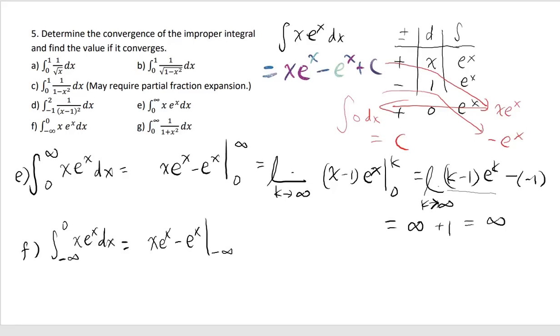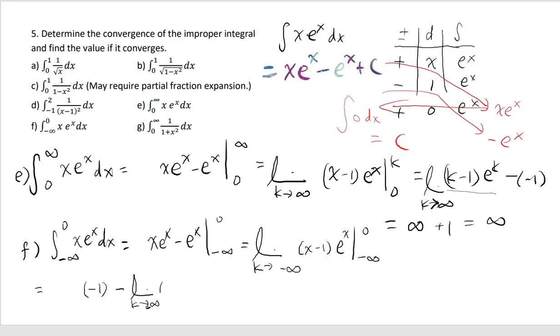except that this time it's negative infinity to 0, so you have to write it as k going to negative infinity of x minus 1 e to the x, from negative infinity to 0. Okay, which is, well, first when you plug in 0, this is negative 1. And e to the 0th power is 1, so if you plug in 0, you get negative 1. Minus, now you have the one that involves k. So let's put k here. K goes to negative infinity,